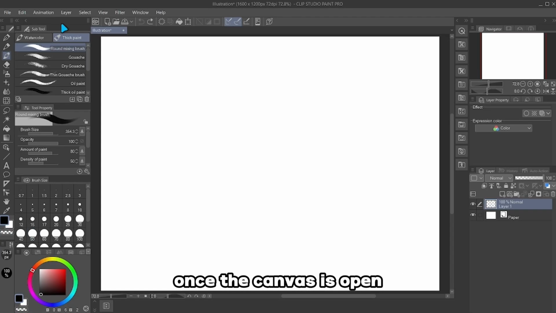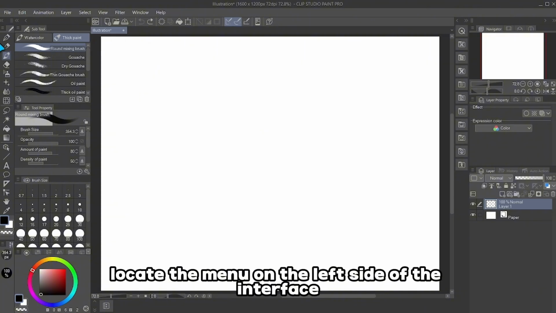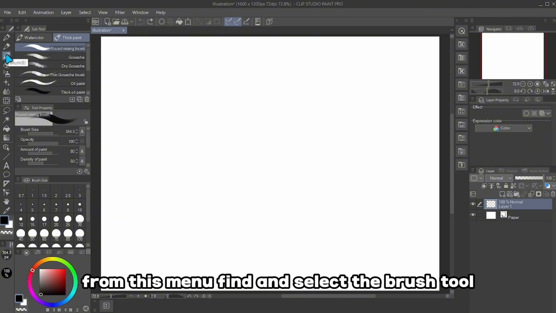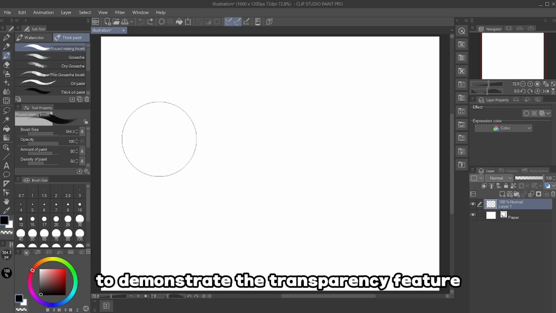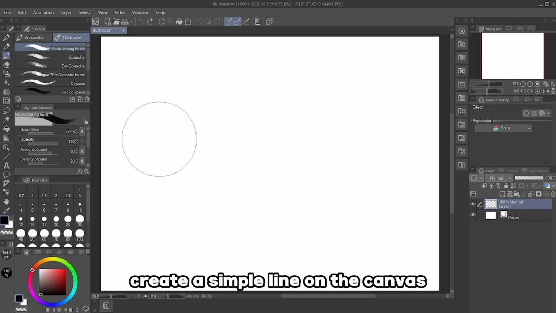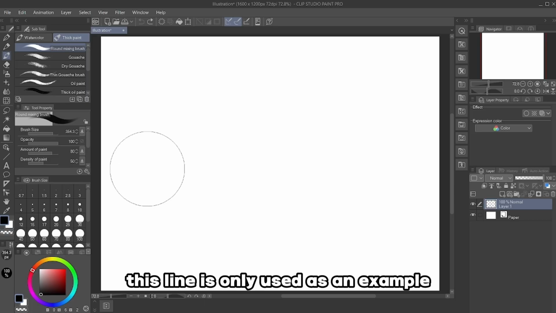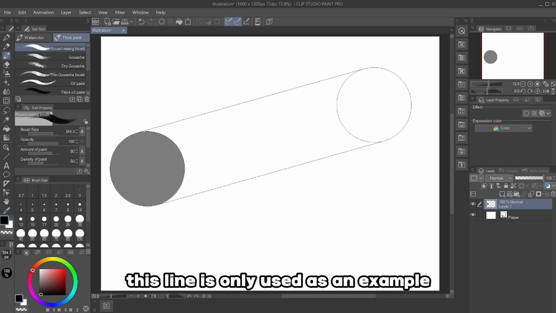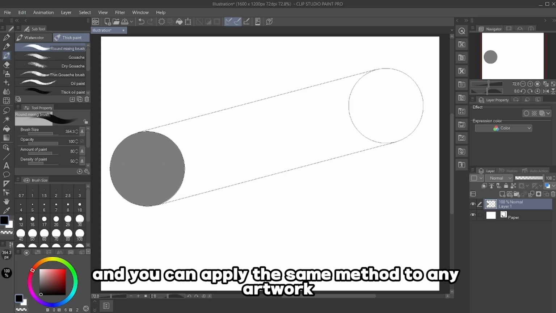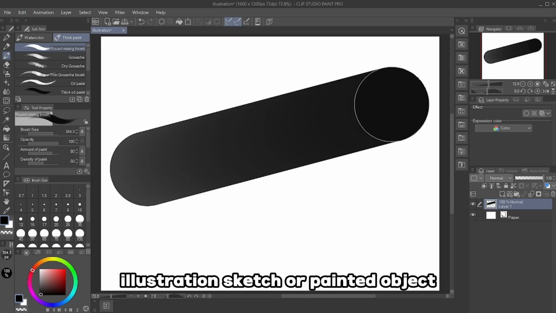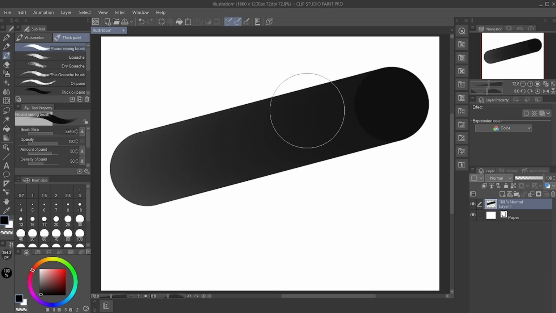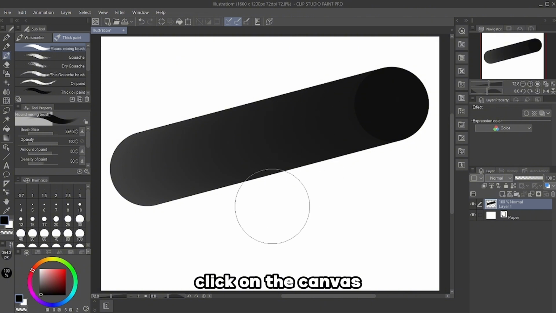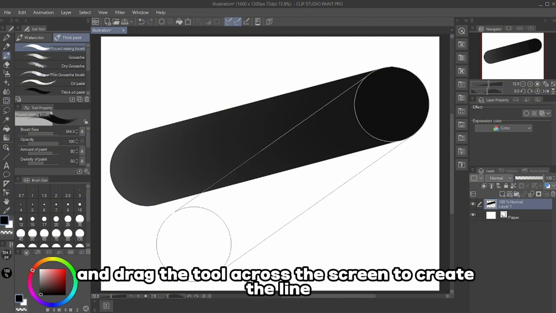Once the canvas is open, locate the menu on the left side of the interface. From this menu, find and select the brush tool. To demonstrate the transparency feature, create a simple line on the canvas. This line is only used as an example, and you can apply the same method to any artwork, illustration, sketch, or painted object. With the brush tool selected, click on the canvas and drag the tool across the screen to